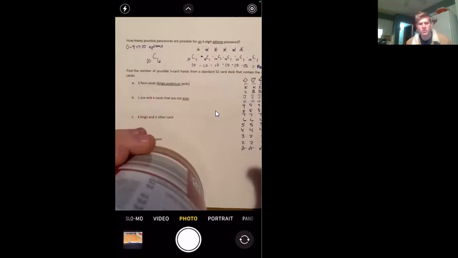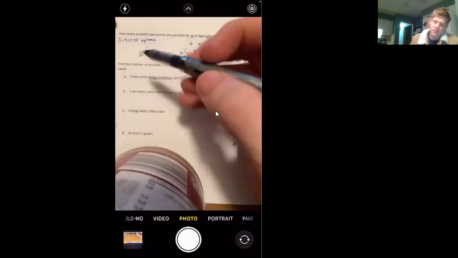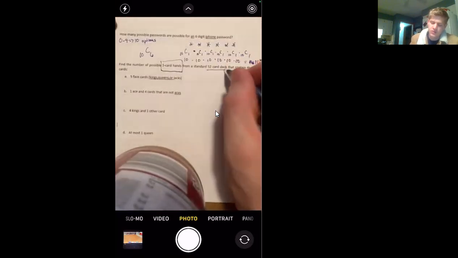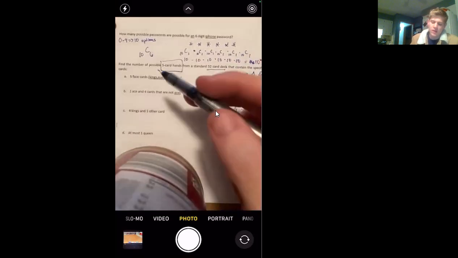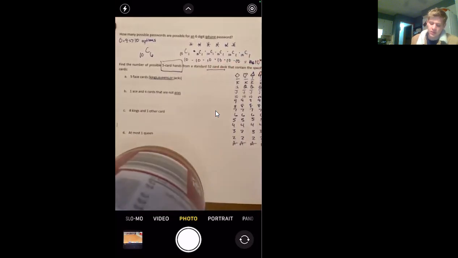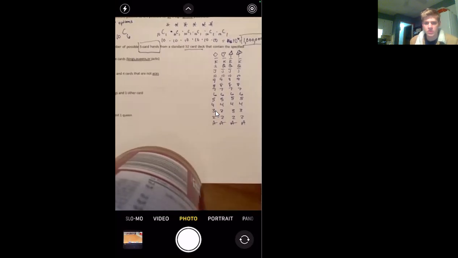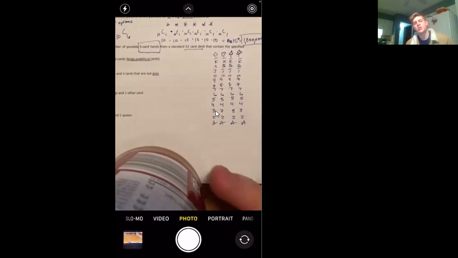All right, let's deal with these. I anticipate these being a problem for us as well. Find the possible 5 card hands in a standard 52 card deck with the specific cards. So 5 face cards. That means you got kings, queens, or jacks. And I went ahead and listed them out over here. So kings, queens, or jacks. If we are looking at this, there's 4 of each kind, right? So 4 kings, 4 queens, 4 jacks. So in total,